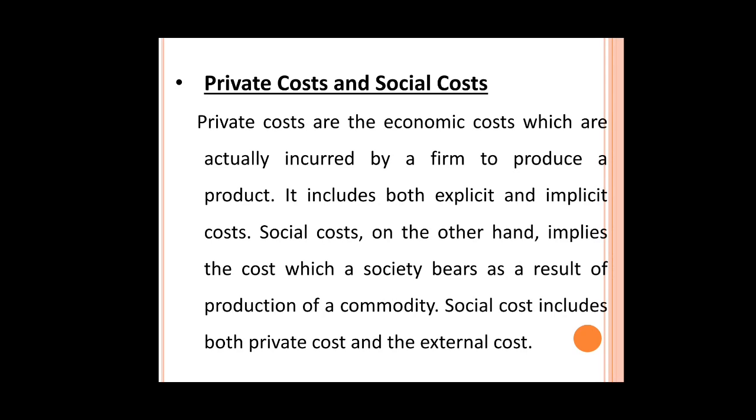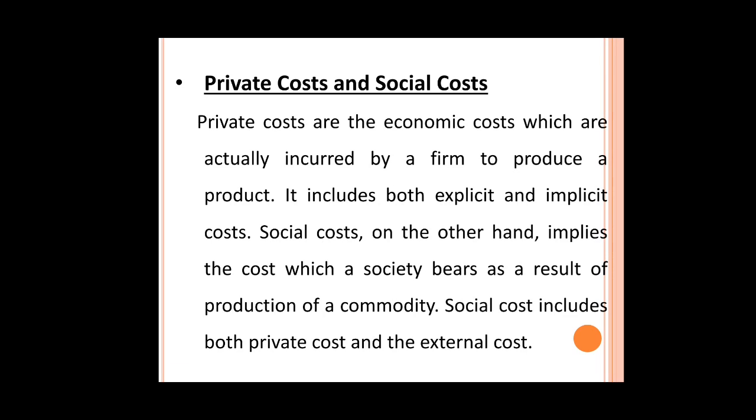Or simply, private costs are the economic costs which are actually incurred by a firm to produce a product. It includes both explicit and implicit costs. It is these private costs that it takes into account while making decisions regarding price and output of the commodity